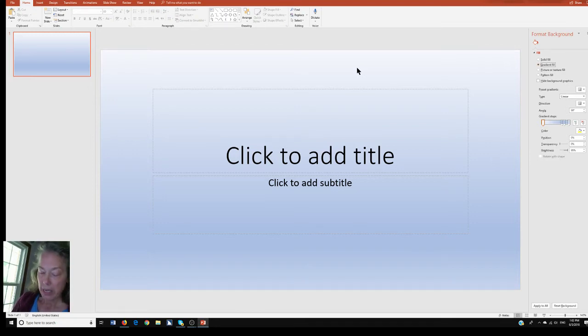and it's either a solid color or gradient, and then you want to tab to apply to all. I'm already going to tell you, so I'm going to take my mouse so people see. It's all the way down at the very, very bottom. Otherwise, you will be changing the color to every single slide. And for ease, and especially when you begin, and even when you do a major presentation, don't make it too